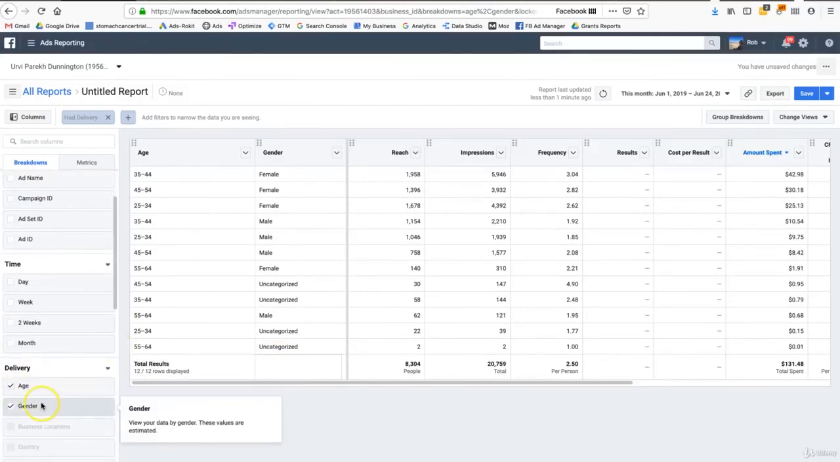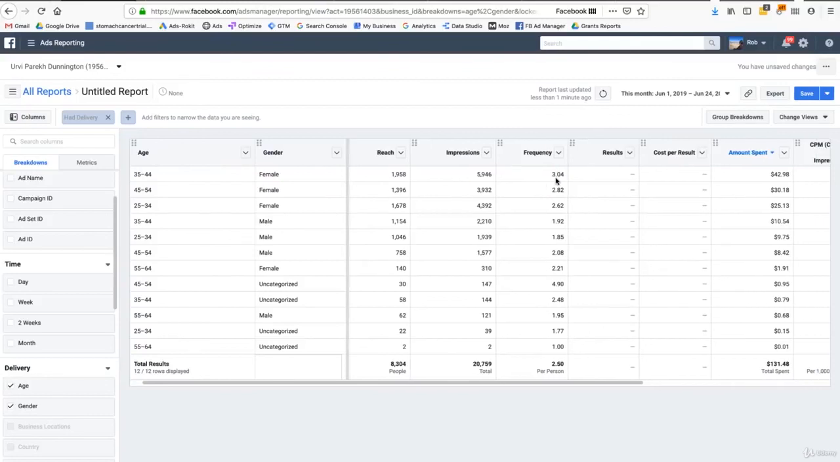I can certainly deselect one of these and I can look at a specific time range. Now I could see who's looking at my ad specifically. Here I could see 35 to 44 female. I could see the reach, impressions, and how often they're actually seeing my ad. Now this is key for Facebook because if somebody's seeing your ad a lot, they're probably going to tune out to it. So that's what makes the